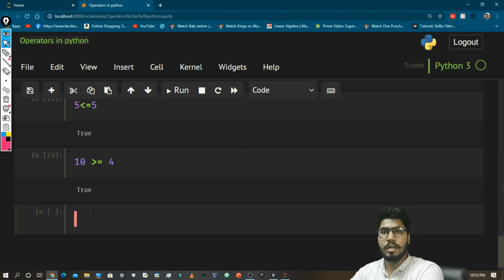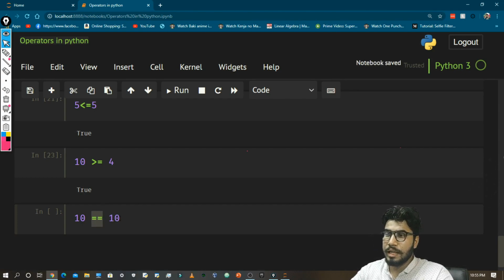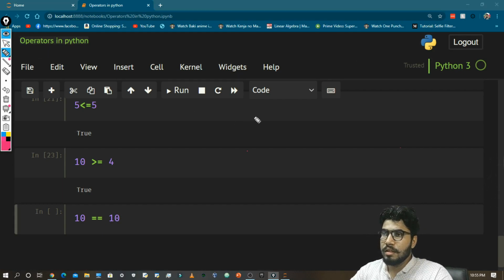There is another comparison operator, which is 10 double equal to 10. It compares two values for equality. In Python, single equal to is used to assign a value to a variable, and double equal to is used to compare whether two numbers are the same or not.